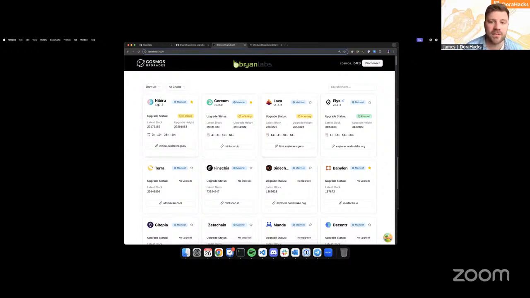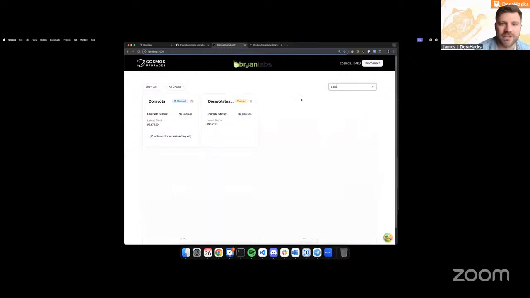Dan, I wonder if we can get Dora Voter, the Cosmos app chain developed by Dora Factory, added to Cosmos upgrades. Is it there? Definitely. It's in the chain registry. There are no upgrades planned, but when there is, it will be in there. Awesome. Let's definitely talk about getting some logos put in the chain registry so that it will look very pretty. For sure, we can spice it up a bit. That'd be great.